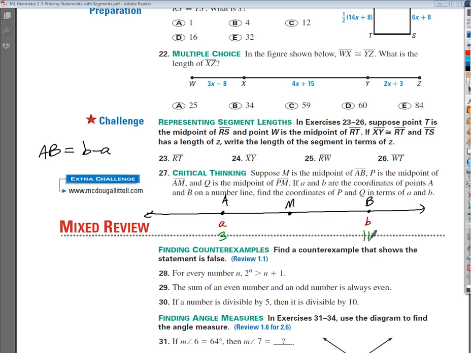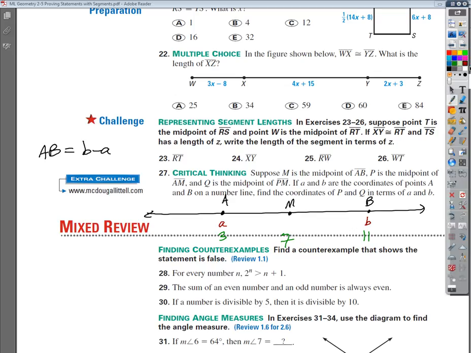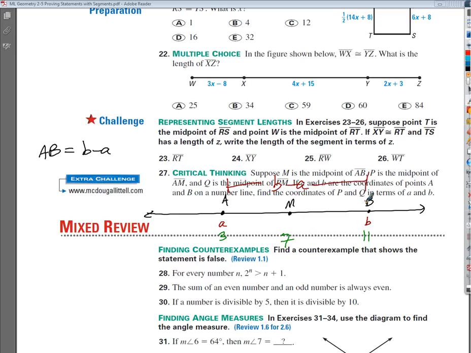So the length of half the segment would be 4. And so 3 plus 4 gives us 7, right? Okay, so then what's going to be the midpoint in terms of A and B? What is the midpoint, first of all? What's the length? We already said the length of the segment is B minus A, right? So it'd be A plus. Okay, good. So the coordinate of the midpoint would be A plus